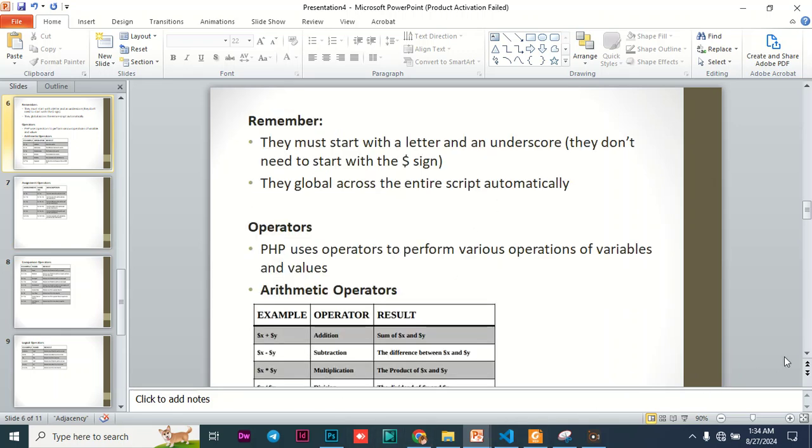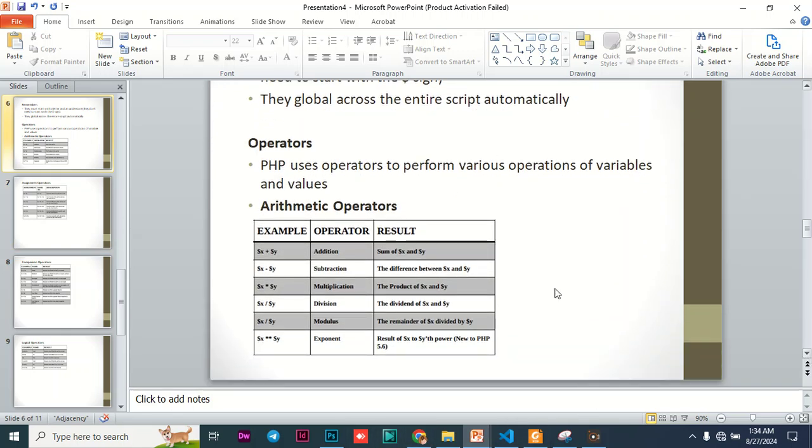In this particular case, we are saying sum x and y. Then in the second one, we are saying find the difference between x and y. These are very basic operators that you need to know. We have the multiplication, the division, and the modulus. You need to know how you are going to apply them. For example, when you talk about modulus,